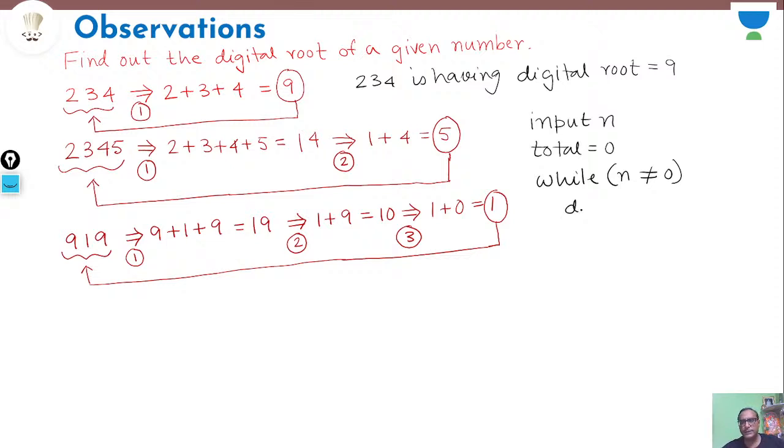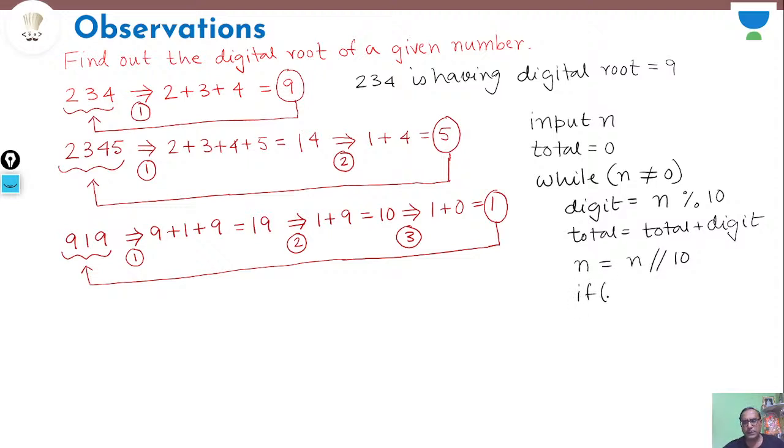So now going for the digit. Digit is equal to n percentage 10. So we read the last digit and add this digit to the total. So total is equal to total plus digit. Then you discard the last digit from the number, taking the integer division. Next, if number is equal to 0 and